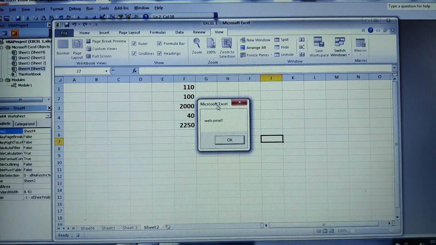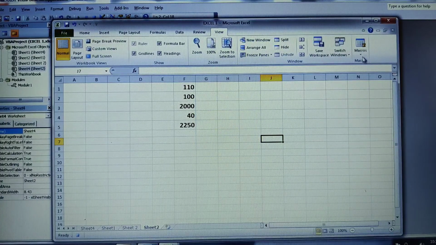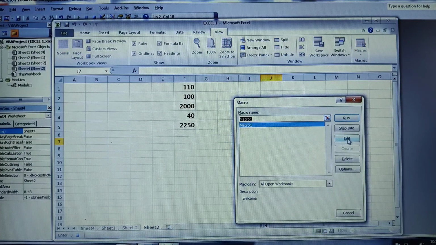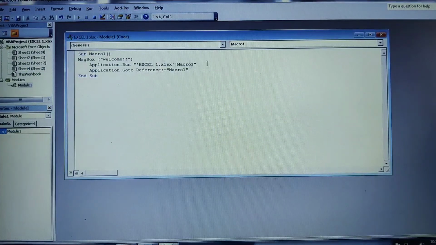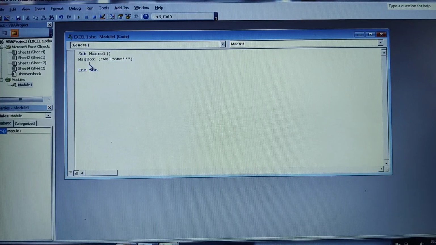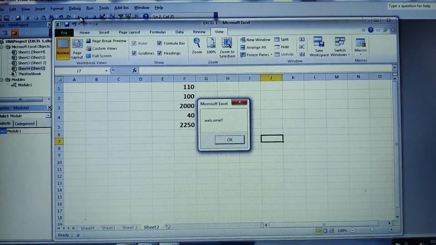See, I got an Excel message box as welcome. How did I get this message box actually? What I did is, I have already created one macro. Then if I go for the edit option here, it will connect me to the Microsoft Visual Basic text editor. Therein I have written one code here. This is the code that was written. So I'll just delete this one. This is the code that I had written. If you know this, easily you can run the code. When you run the code in Visual Basic, you'll get a ready-made macro here.